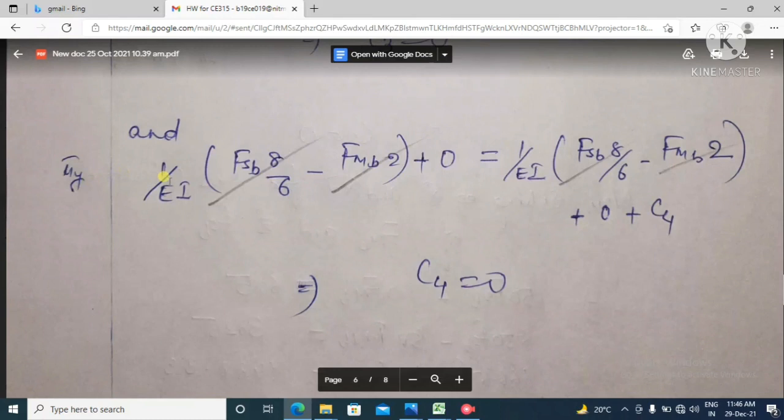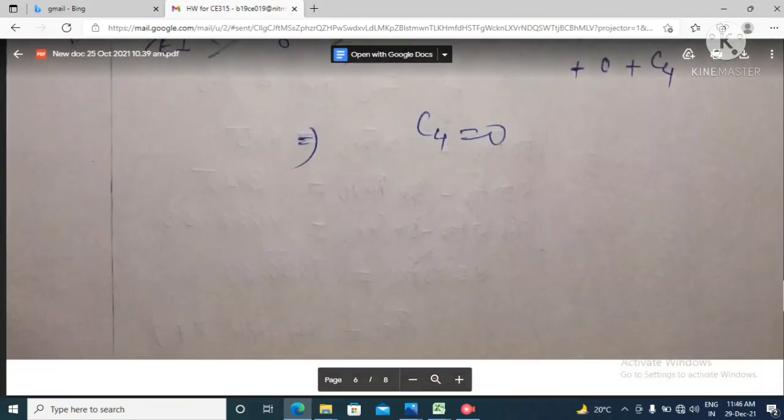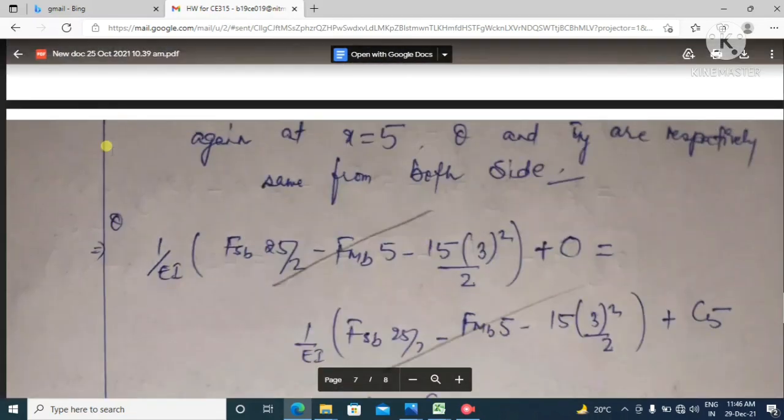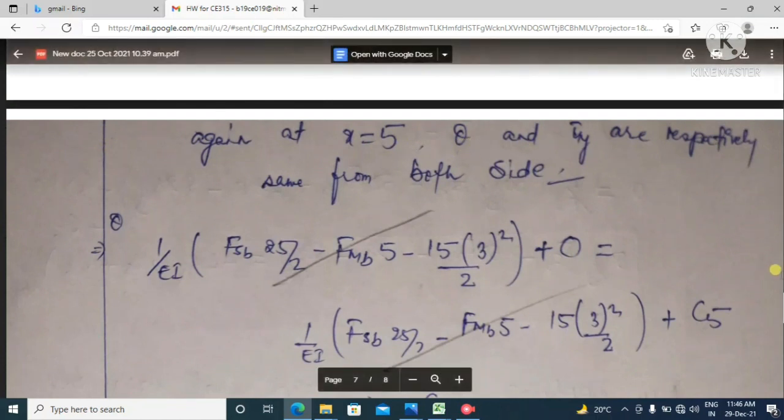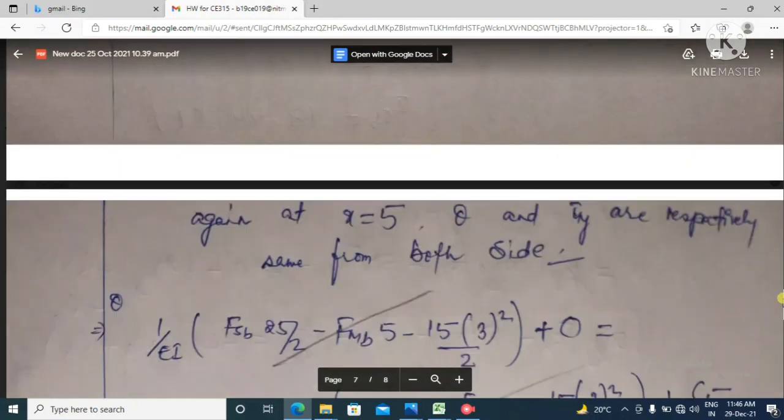Similarly we will be equating for uy also. At x equal to 2, from both sides it should be the same. So we have equated, and C4 we are getting as equal to 0 only. So again at x equal to 5, theta and uy are respectively the same from both sides. It means